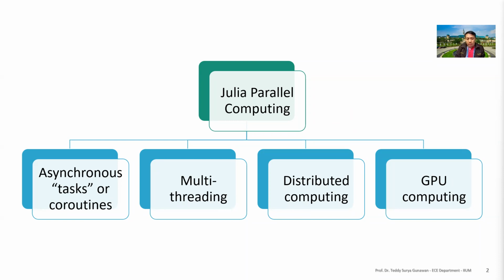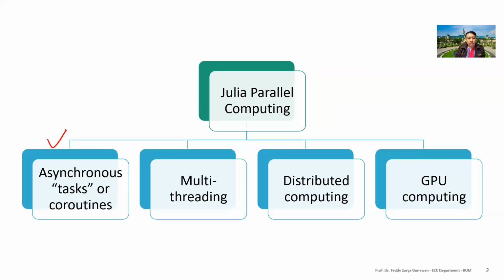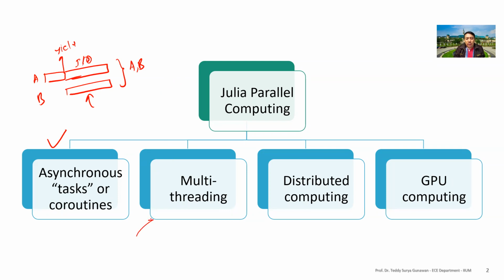This is like simulated parallel. It's not really parallel, but you are taking the I/O here, then you have the yield, and you can switch to another task. Task A, task B. So you have the impression that both A and B are running at the same time, because one is doing the I/O and the other is doing some computation. But if you want fine-grain control, then you need multi-threading.